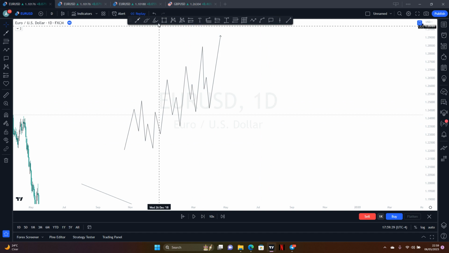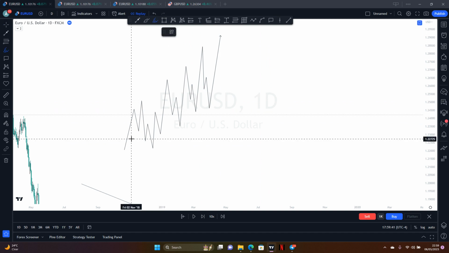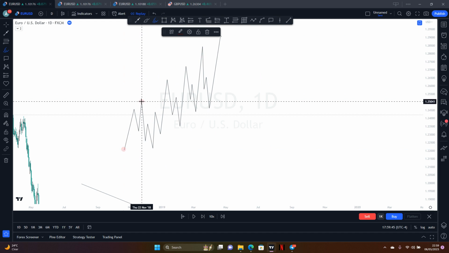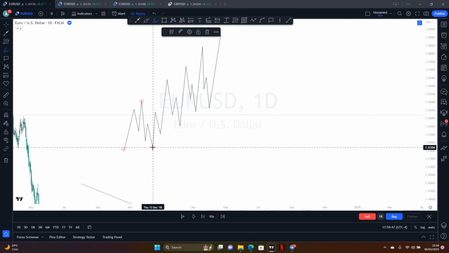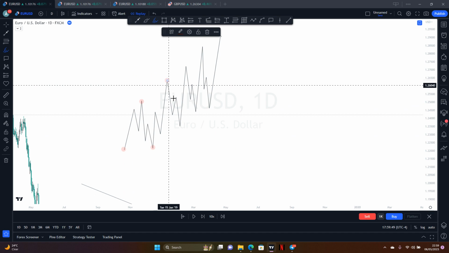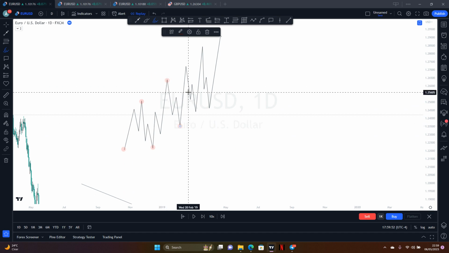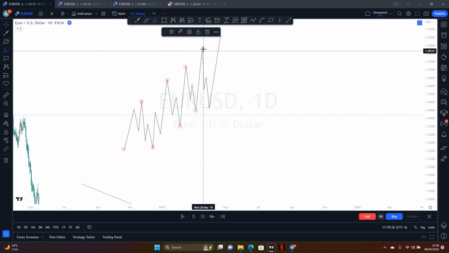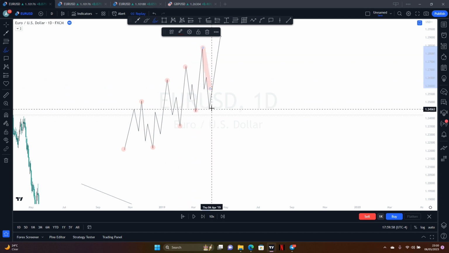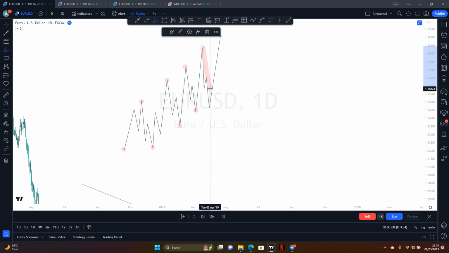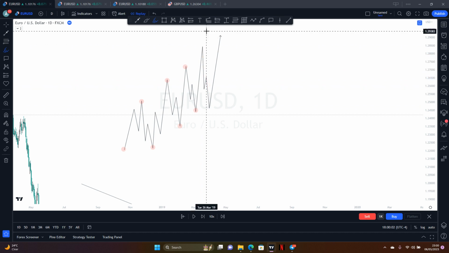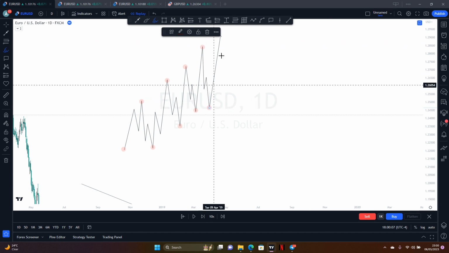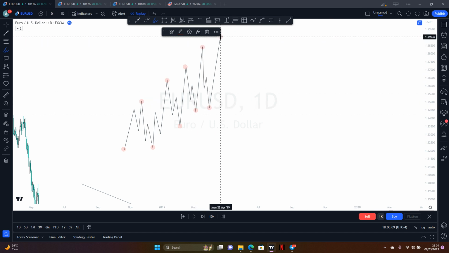Like if you look at this market structure right here, you will agree with me that this is a strong high, sorry, strong low, strong high, strong low, strong high, strong low, strong high. Sorry, I'm going to delete this. Strong low, strong high, and then